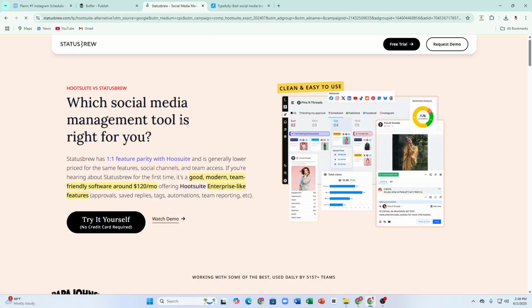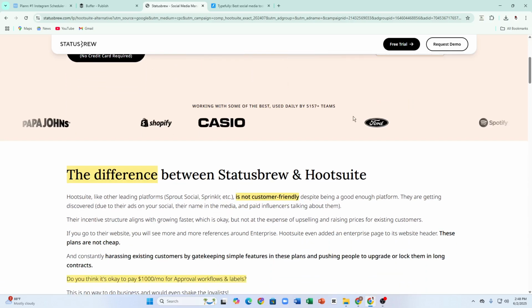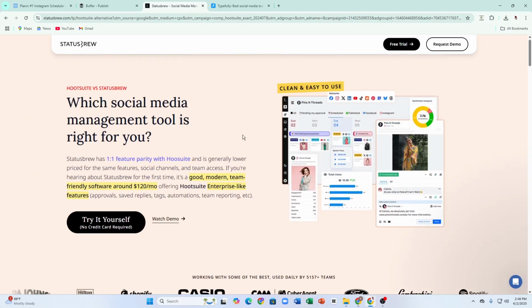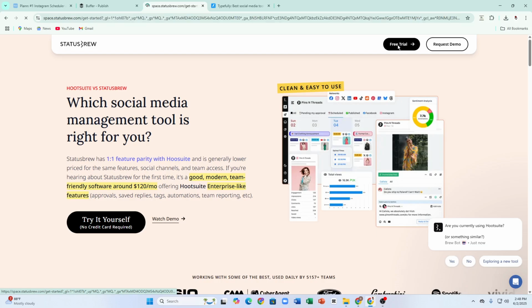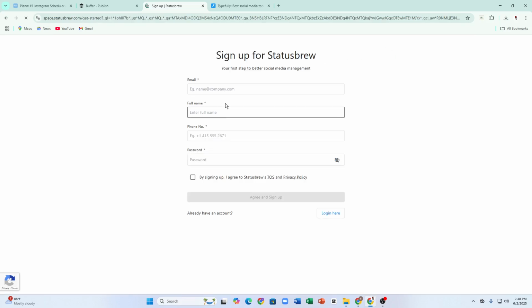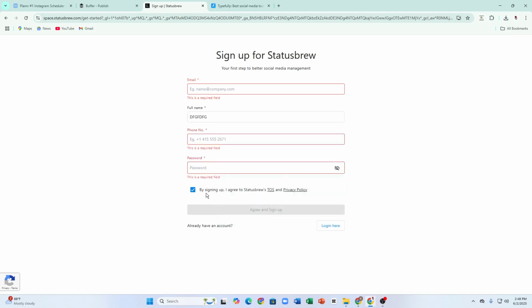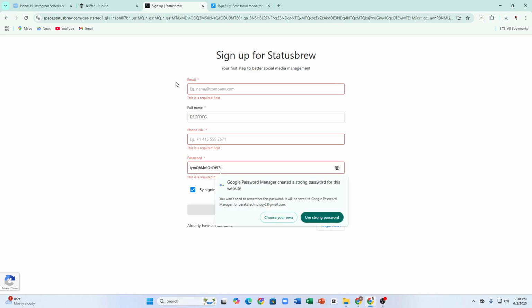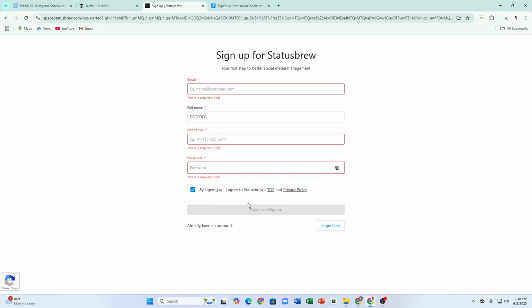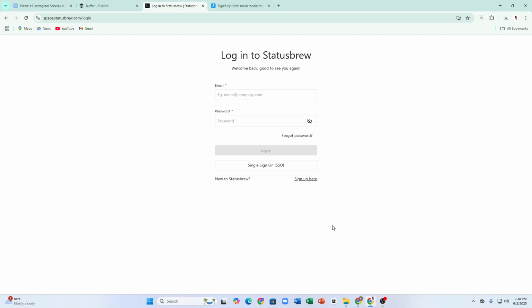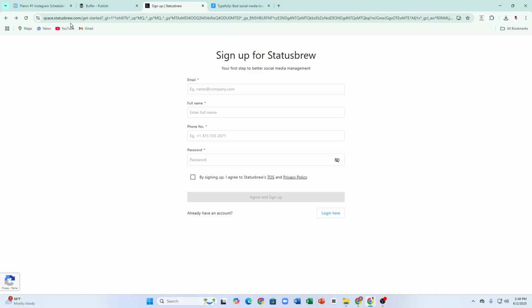So this one is another great site for social media management. You can tap onto free trial and you can easily use their free trial. So you have to answer these questions over here, and then you have to tap onto this icon. You have to check this icon, then you have to continue. Then you have to tap onto agree and sign up. You can also log in from here, but if you wish to use the free trial, you have to